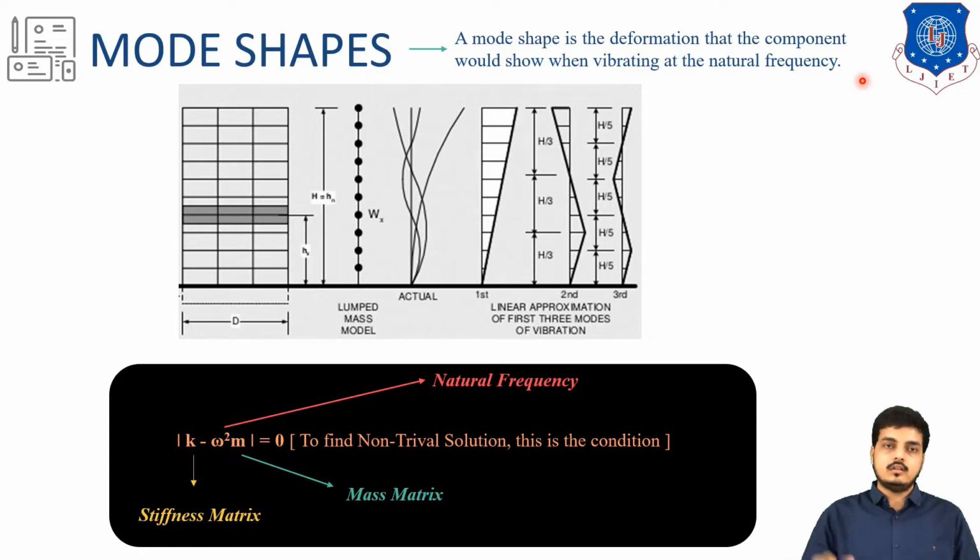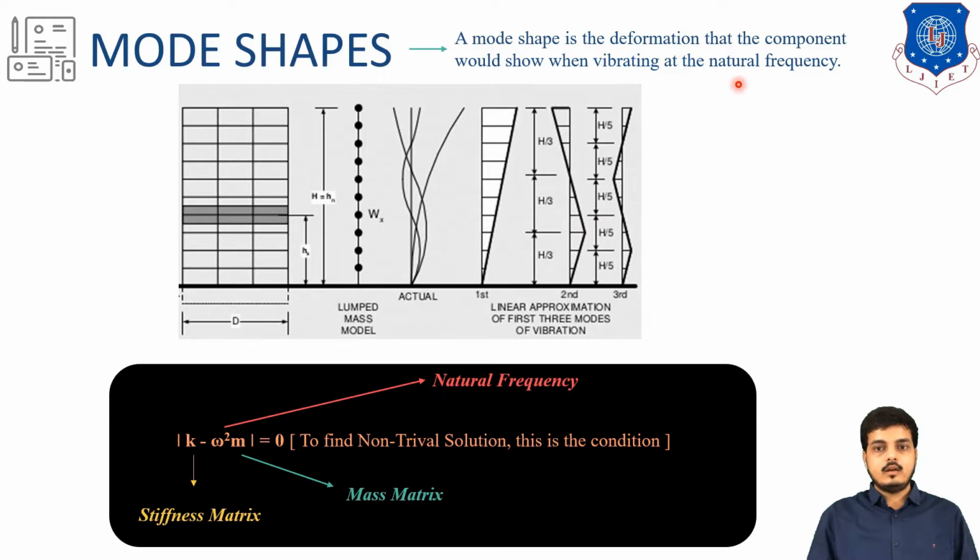Whenever earthquake vibration strikes, the building will try to deform, and the shapes at each floor level will be different from, or similar to, each other. So there are different kinds in which the mode shape will happen. Look here, it's just a representation that this is the first mode shape, this is the second mode shape, and the third one will be like this. This is a linear approximation of the first, second, and third mode shapes. These are the kinds of mode shapes we will be finding in the upcoming example.